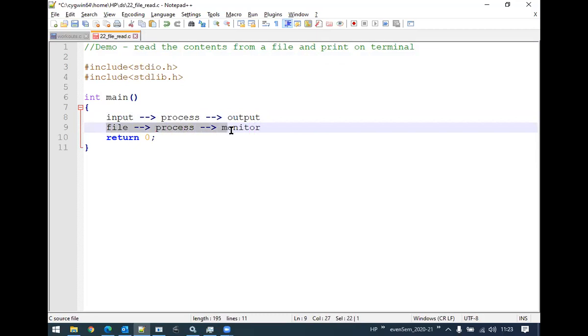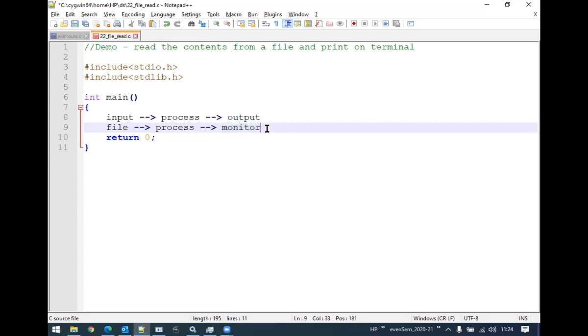We are going to implement something like this, which I have highlighted on line number 8. Understood, students, what program we are going to write here? Read the contents from the file, process it, and display it on the monitor. I am going step by step.